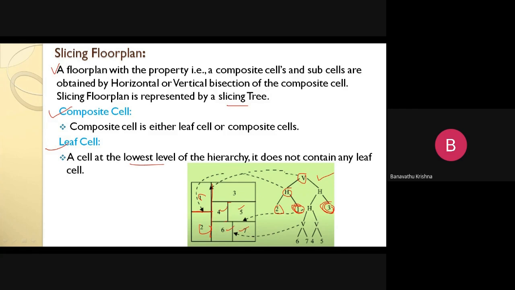So this is the slicing tree. The vertical 6 and 7 blocks are going to be a vertical connection here, and 4 and 5 are also going to be a vertical connection here. So in between these two verticals, there is one horizontal line. This is the horizontal line here. 3 and 4 is nothing but horizontal. Okay, 3 and 4, and 3 and 5, and 4 and 6, and 5 and 7. These are going to make a horizontal pattern, right?